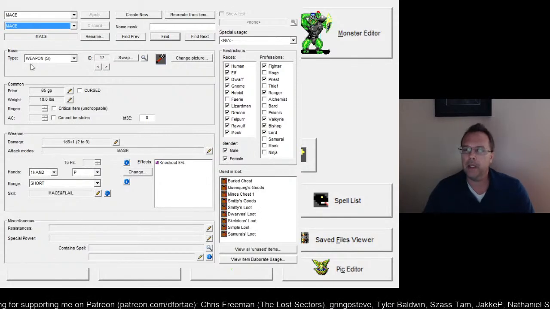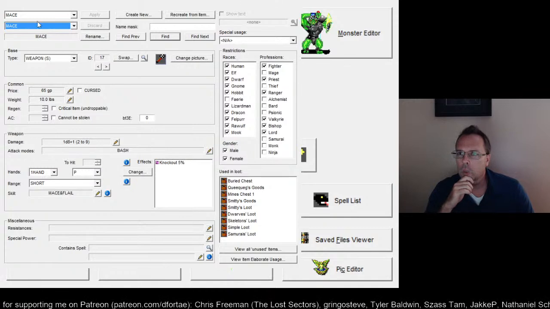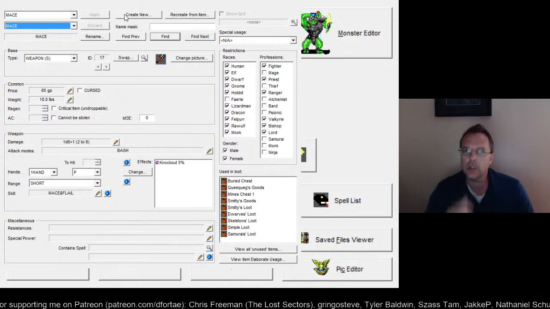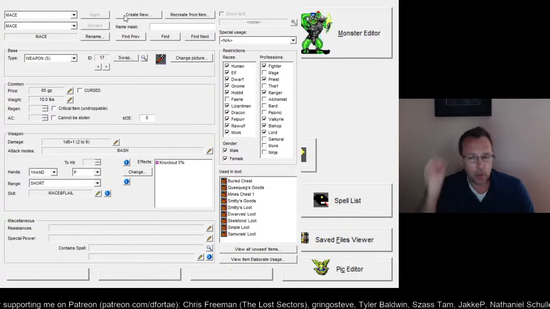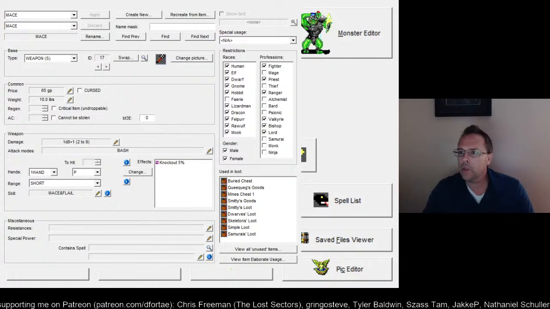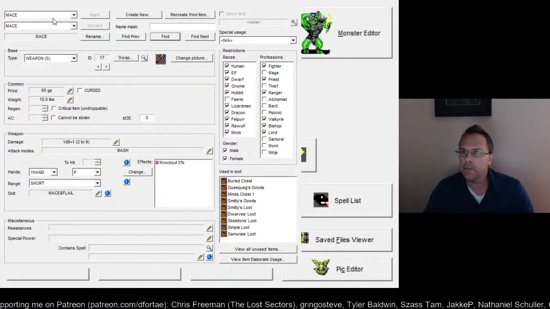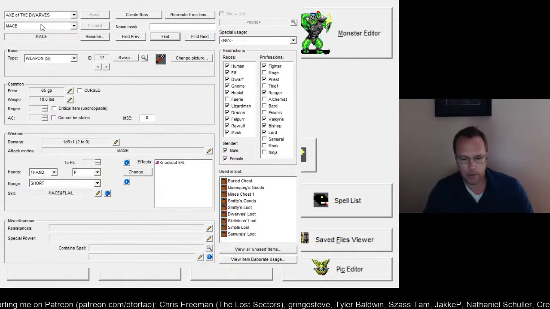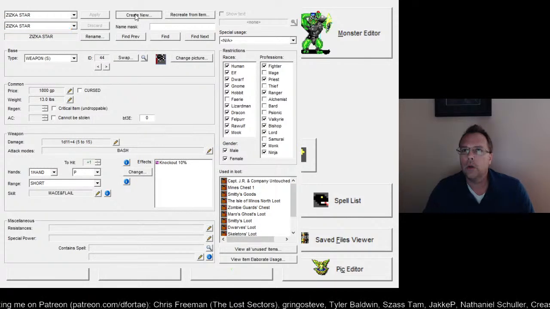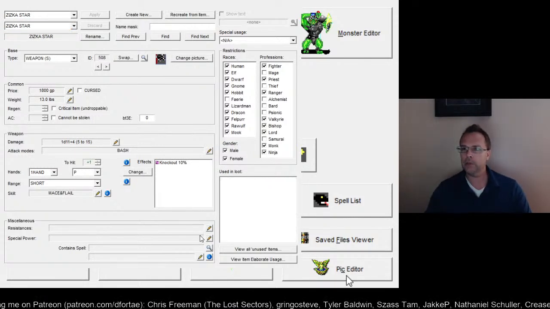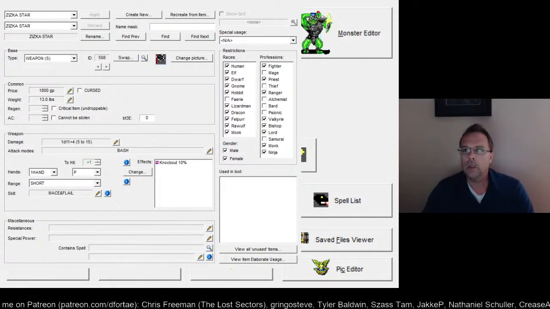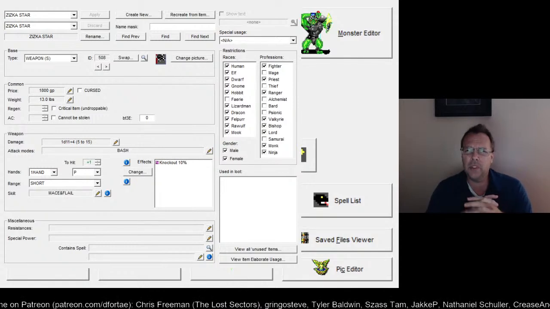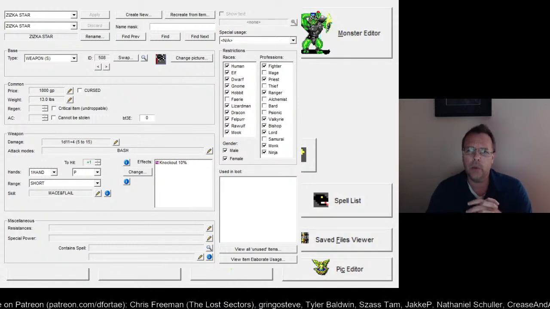So let's take the mace, and we're going to clone this, basically. So we'll hit this create new button. Actually, no, I don't want to do that. I want to clone the Zizka star. So that's more like a flail. There's a lot of differences between Wizardry 6 and 8 with what you can do with this